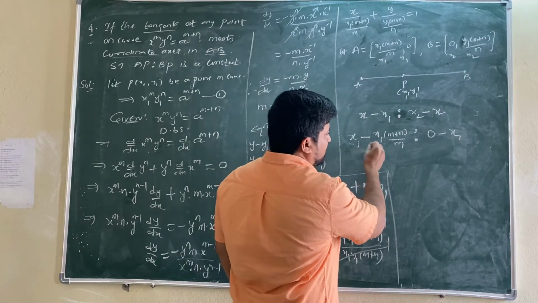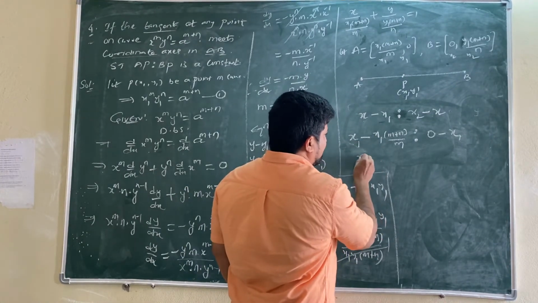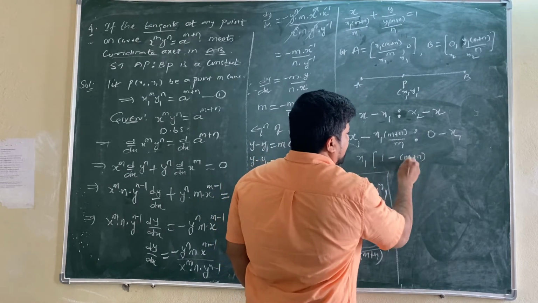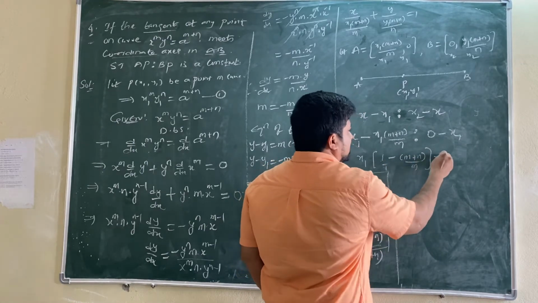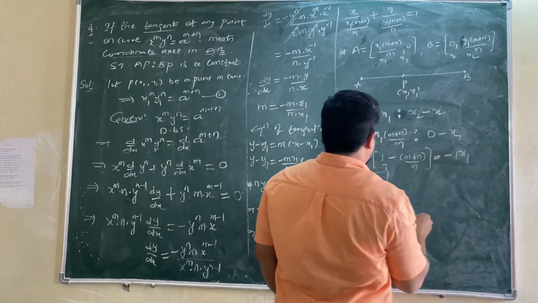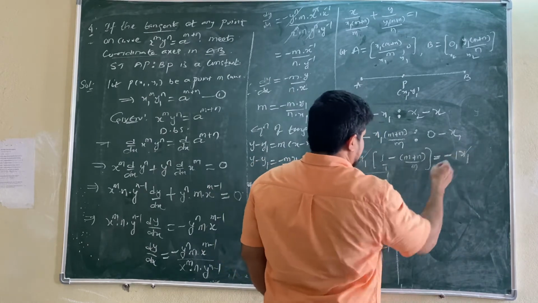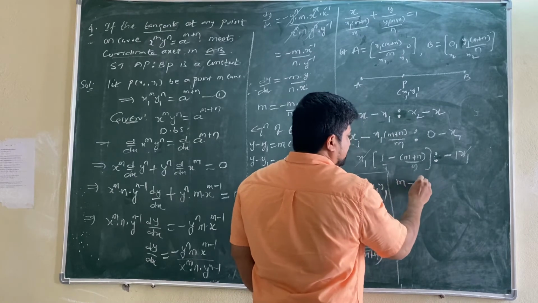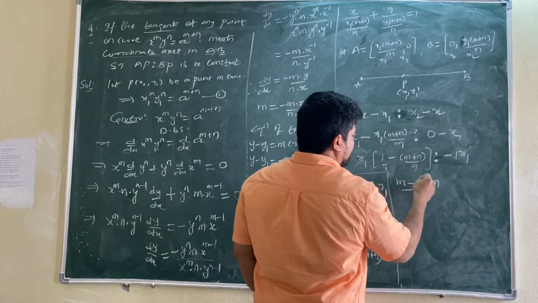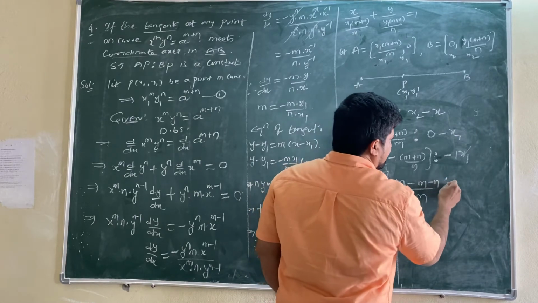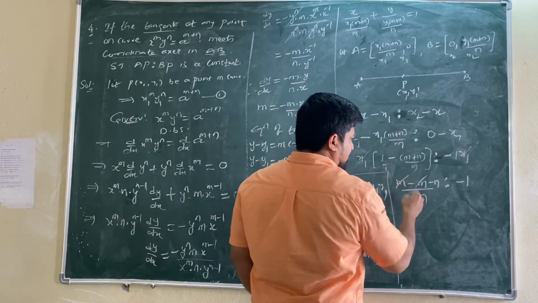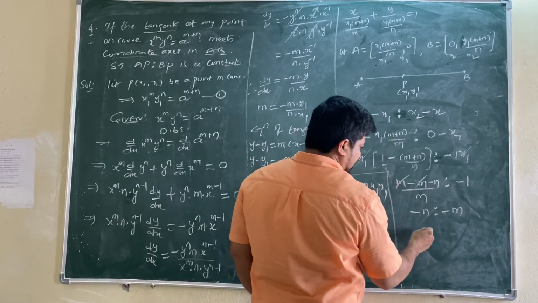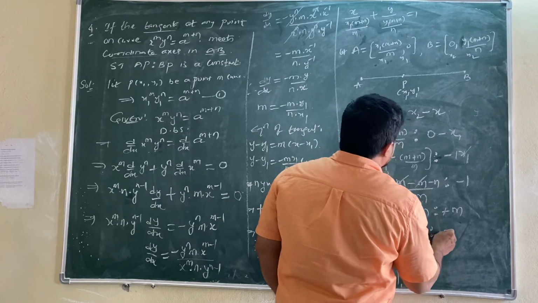Now we have to take common. x1 common from left side. 1 minus m plus n by m equals to minus 1 x1. Multiples cancelled, m one the m minus n divided by m. m, m cancelled, minus n is to m one the n minus n, minus cancelled, n is to m. What is n is to m?